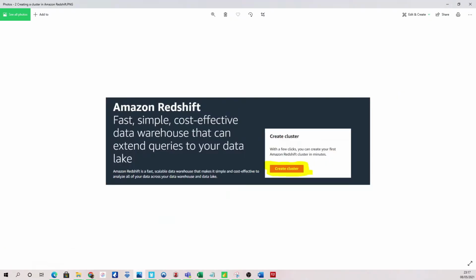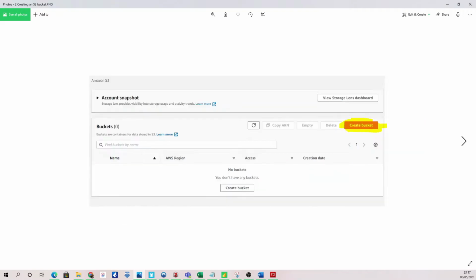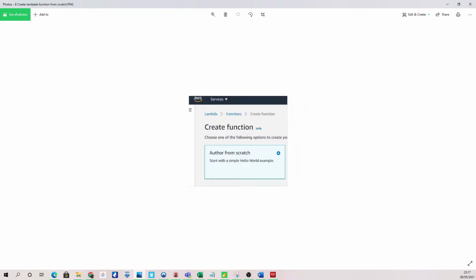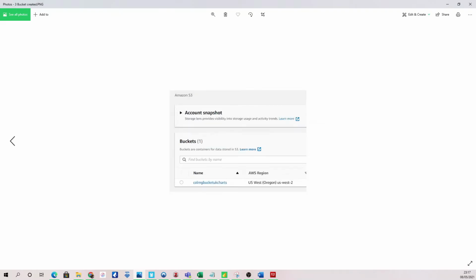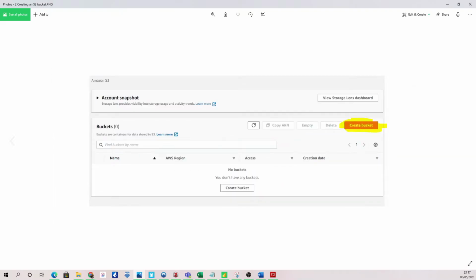I looked at Amazon Redshift and creating clusters through the Amazon documentation, but it seemed very confusing. Lambda functions, I read quite a few tutorials on them and almost set something up there all from scratch, but it was just proving to be quite confusing for me. So eventually I came back to S3 bucket